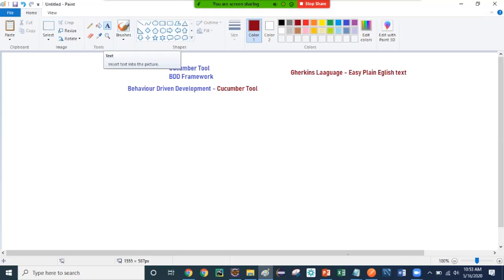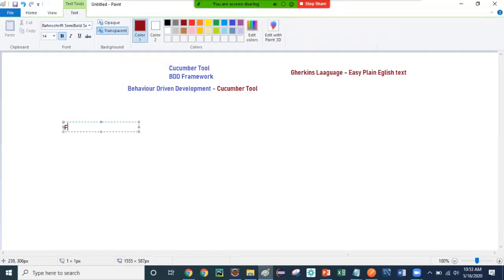Now, if you want to learn Cucumber, always remember three things, guys. You need to focus on three things. First is feature files creation. So what is a feature file? A feature file is a text kind of file, but it has the extension called feature, right? Always make sure it's feature, not features. We do not include s over here. So I will just say login.feature. Whatever the login page features are, I can write in the login.feature, right?